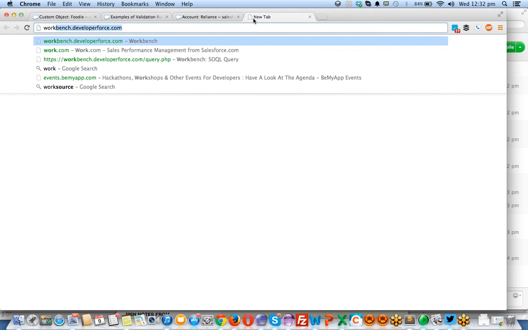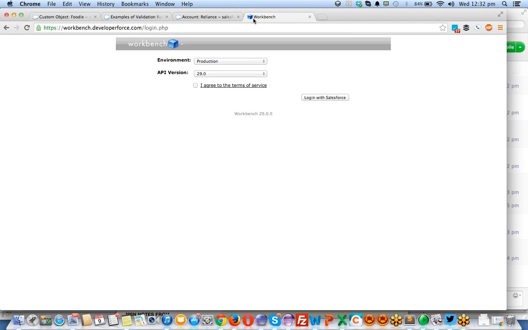Let's do one thing. I'm going to show you one more tool today called Workbench. Workbench.developerforce.com is an application which is on the cloud again. When you are developing Java applications, you use Eclipse, which is offline, and other tools available on your desktop. But when you are working with Salesforce, you can do everything on the cloud, in the browser. Even your coding you can do on the cloud. We have some separate options for developing code like in Eclipse also, but as it's a cloud app, everything can be done in the cloud.